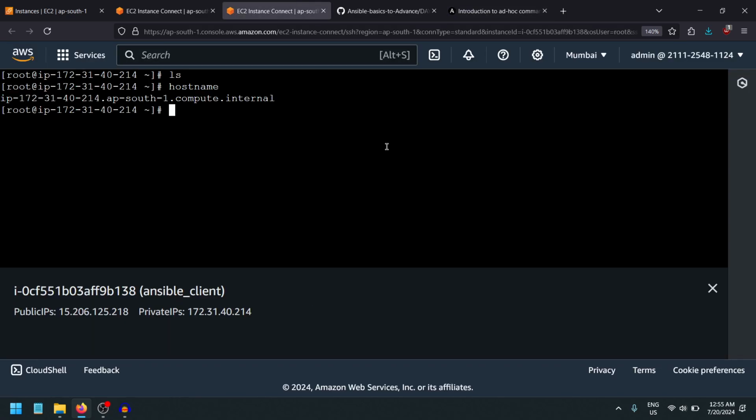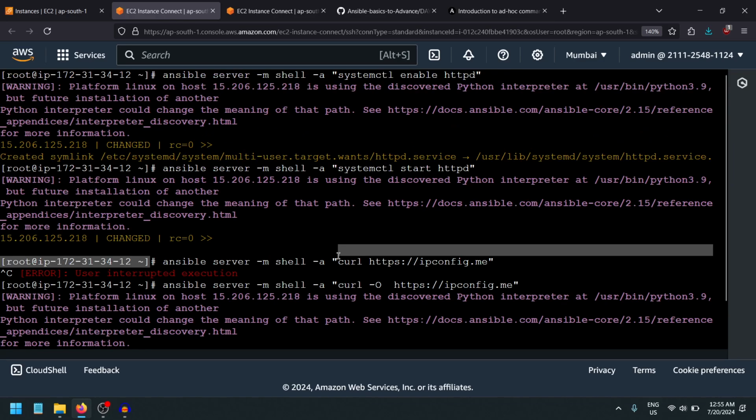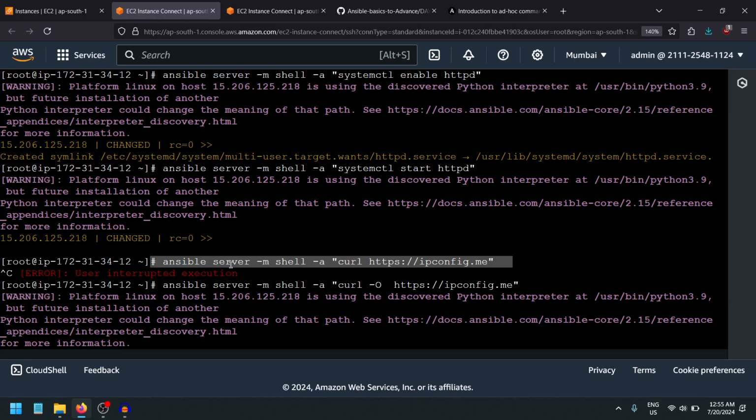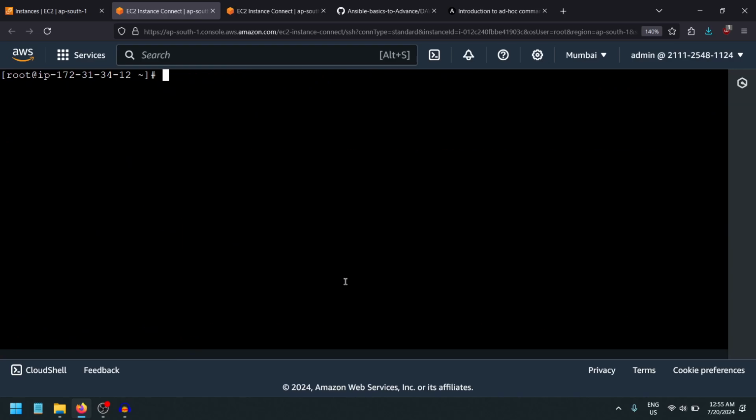As you can see, I know which module I can use where. But if you need a specific Linux command, so you don't want to utilize the existing module of Ansible,